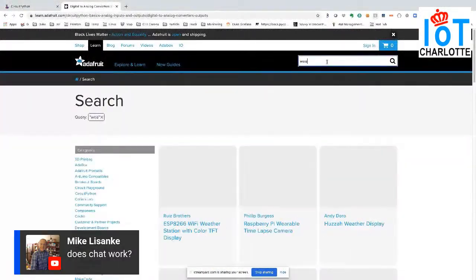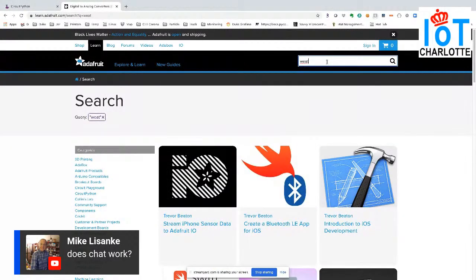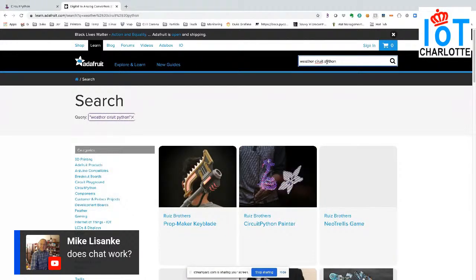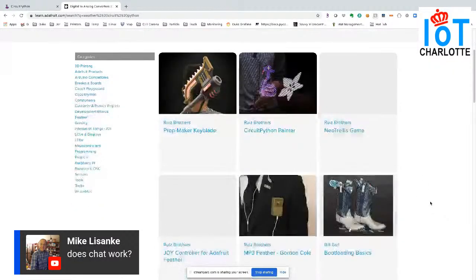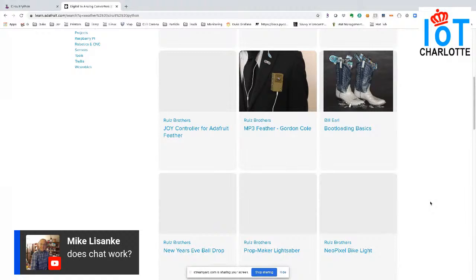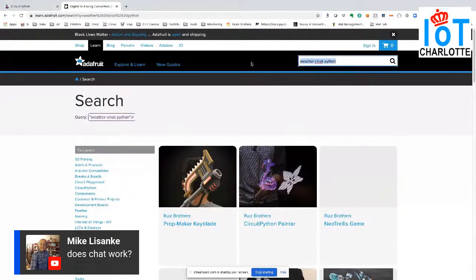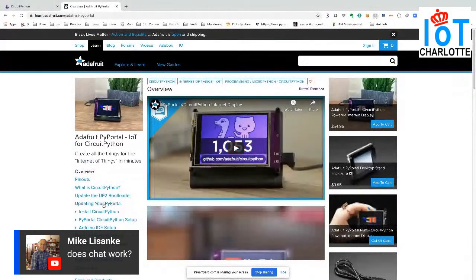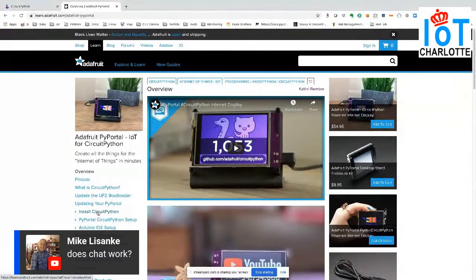Where is the weather station? They dropped support for it, and this has got some really cool code in it.